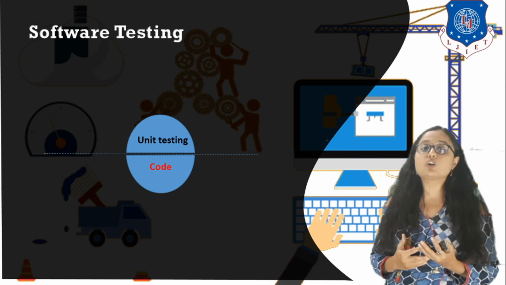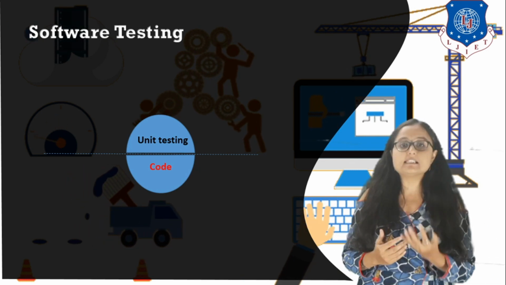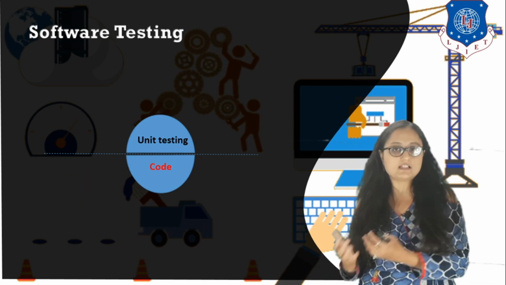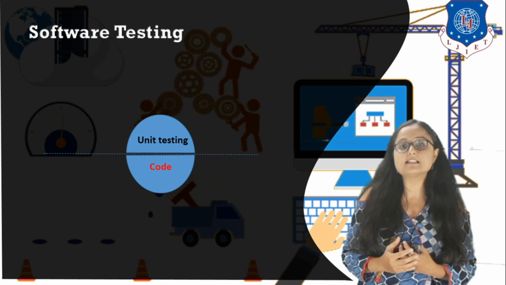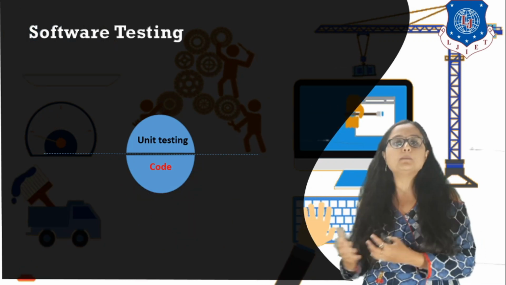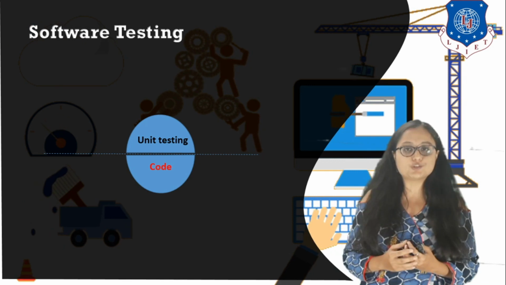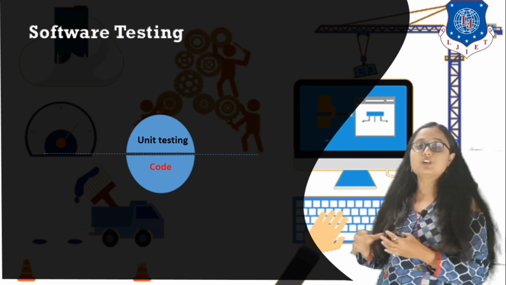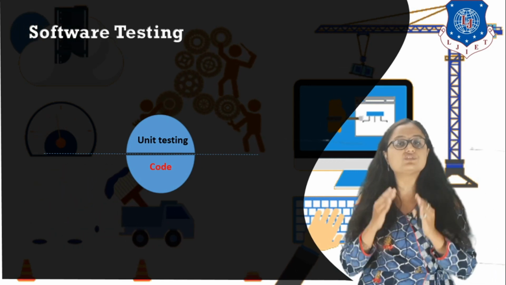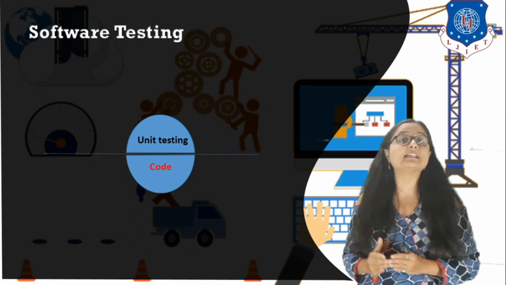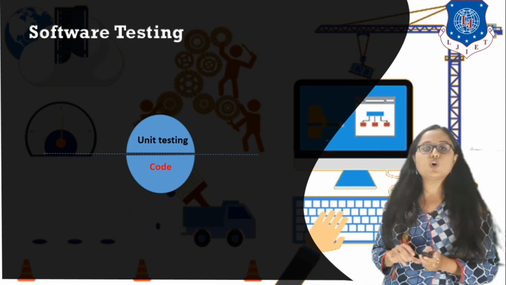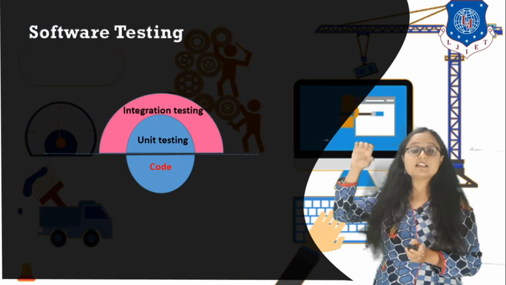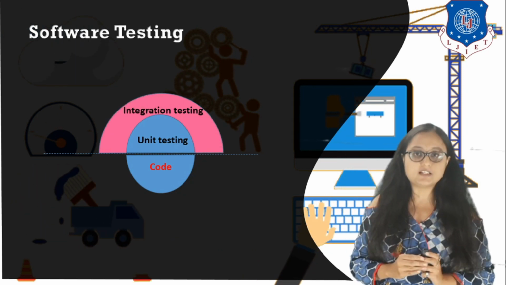Why is it necessary? Because we want quality software. So it is necessary that before giving it to the tester, the developer himself checks the inconsistency in the code so that minimum errors are given to the tester to test, right? So that is unit testing, in which the developer himself checks the individual modules, or you can say units. So it is code related testing. The next testing strategy is integration testing.